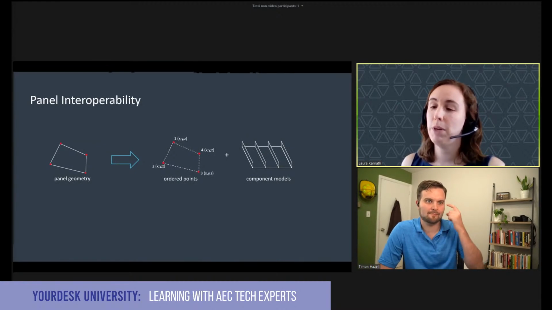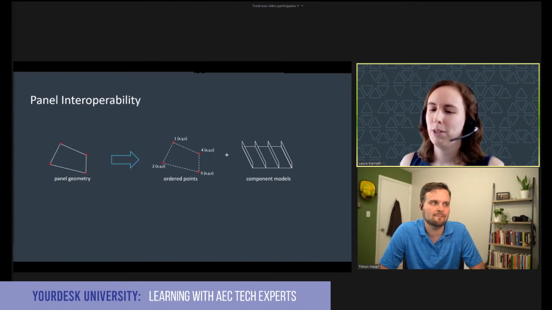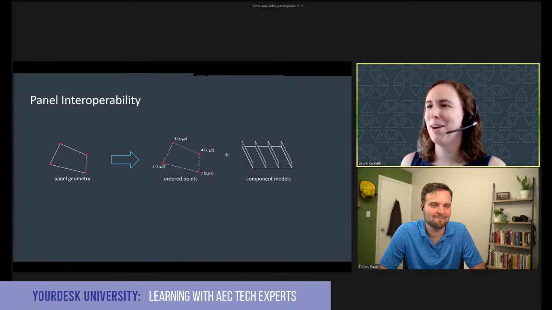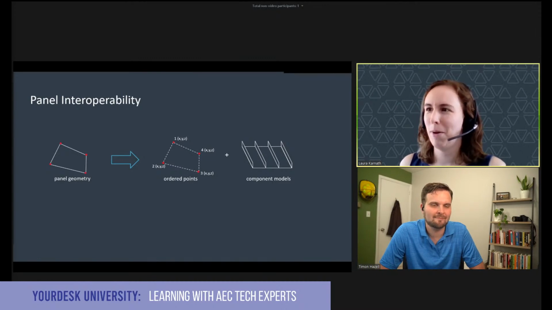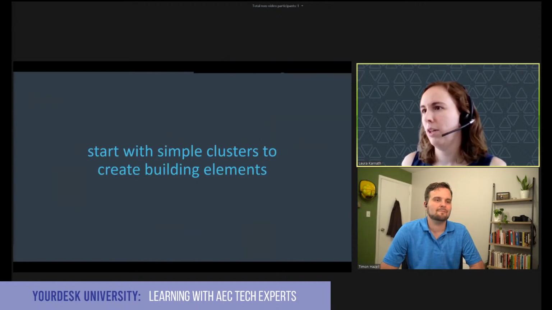So before we did everything by Rhino.Inside, which I don't do everything in Rhino.Inside yet, because I've had some lovely bugs come up the day before the deadline. But you can take that surface in Grasshopper, back in the earlier days before we could go straight into Revit from Grasshopper, and break it down into ordered points and build it back up in Revit with adaptive component models. So these are relating the geometry to the building.